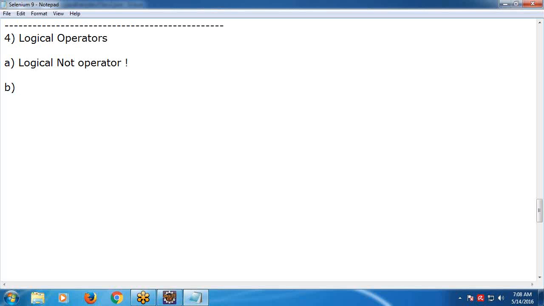The not operator? Dilpreet, what is this symbol? The logical not. Symbol name: exclamation. Okay. Next,